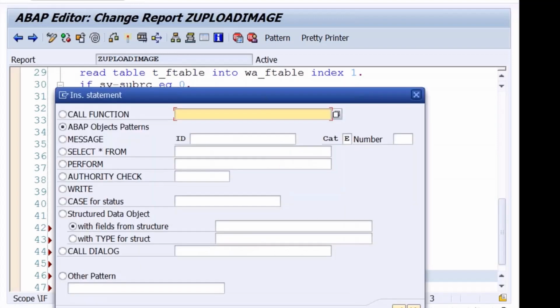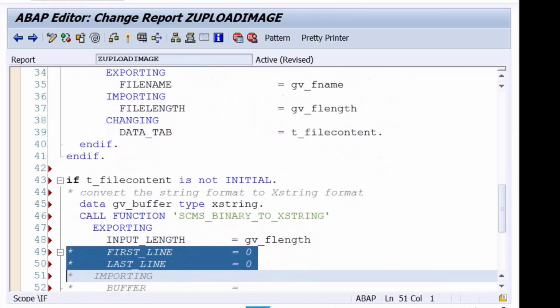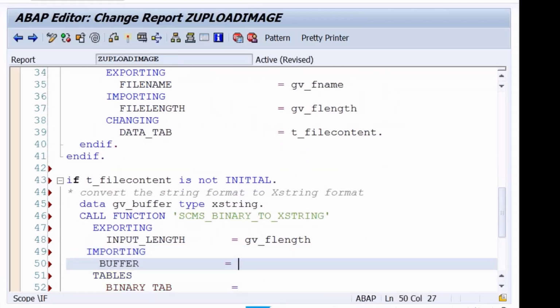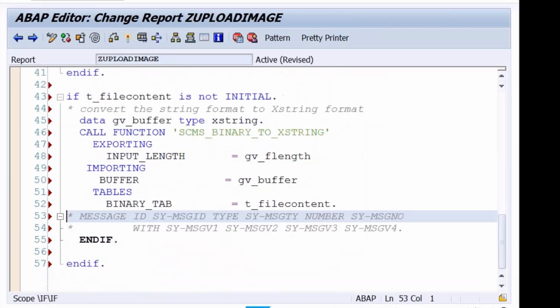Okay, I'll call that function module, SCMS_BINARY_TO_XSTRING, exporting input length GV_F_LENGTH, done. Then importing, I'll receive inside GV_BUFFER. What is the internal table? T_FILE_CONTENTS. Done.